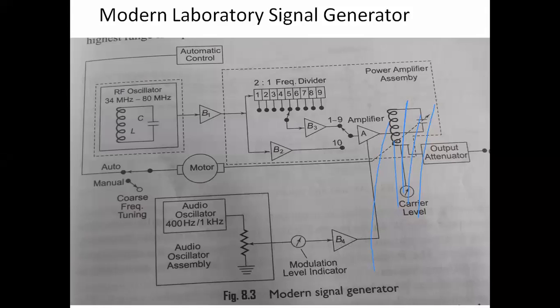Suppose, for household purposes, we are using 230 volts and a 50 hertz frequency voltage source, and assume that it is generating a current of 5 amperes. The voltage or power supply that comes to our home is 230 volts with a frequency of 50 hertz, and it is producing a current of 5 amperes.